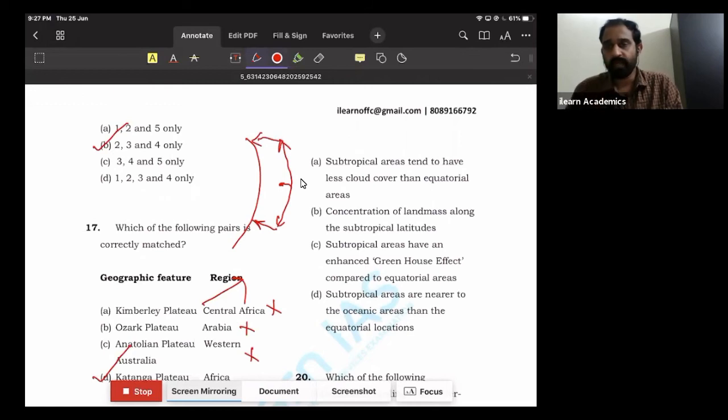So in the subtropical region, there is subsidence, and because of this subsidence, there is lack of cloud formation. If there is no cloud formation, it is continuously exposed to the sunlight. So during the daytime, the temperature will keep on increasing. If you look at the morning hours, it is the equator which receives the highest temperature.